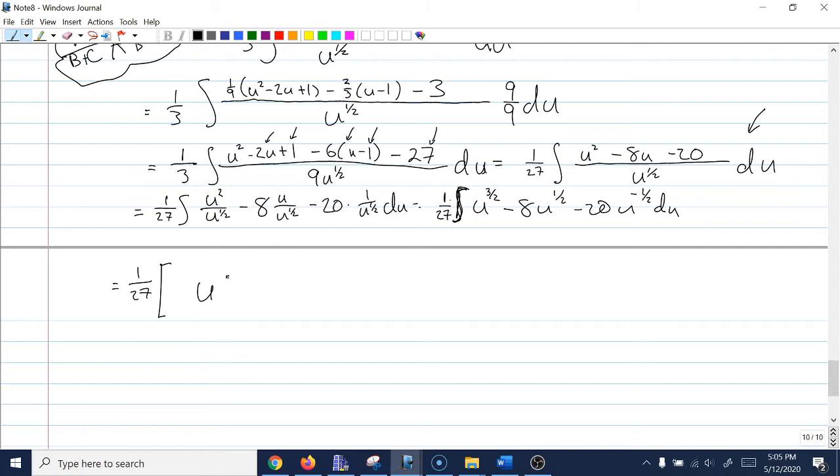3/2 plus 1 is 5/2. Reciprocal of that out front is 2/5. 1/2 plus 1 is 3/2. Reciprocal of that up front is 2/3 times 8 is 16/3. Negative 1/2 plus 1 is positive 1/2. Reciprocal of that out front is 2 times 20 is 40. Here's an answer, but it's written in terms of u's. I want something written in terms of x's. My answer in terms of x's is